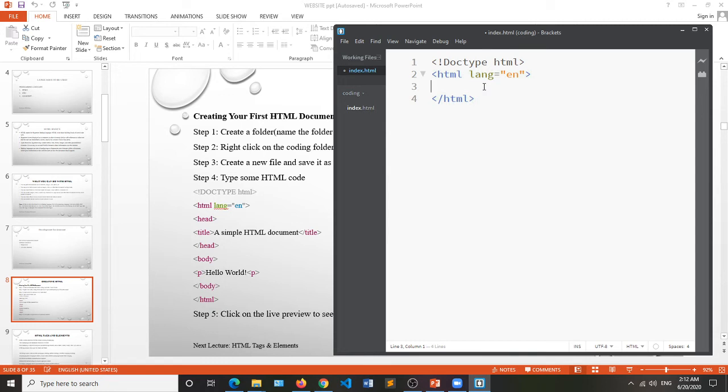So when the browser picks up this code and interprets it, it knows that the language written in this HTML code is English. If I were doing French, I think it would be FR. I'm doing English, so I put EN as the language. And then I put in my head tag.